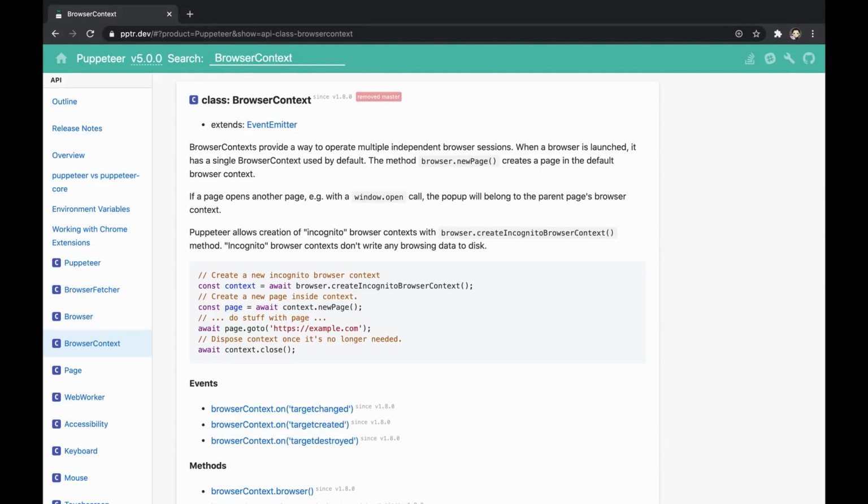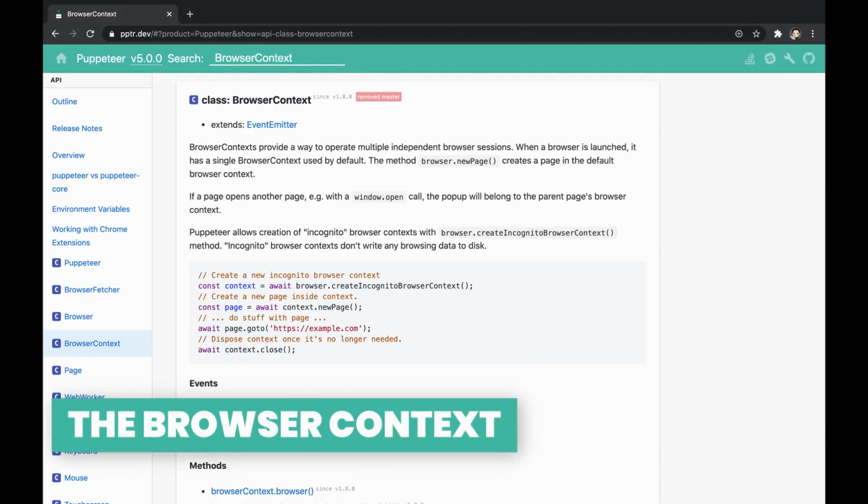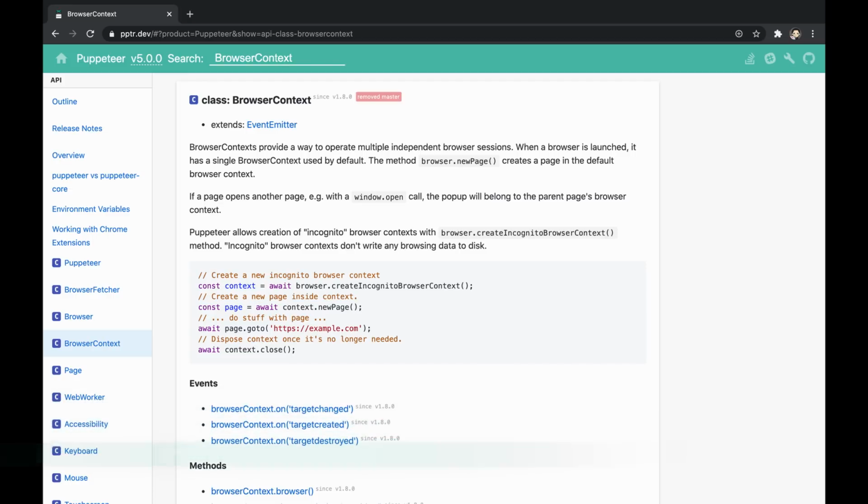Imagine that instead of initializing a browser instance newly each time, which is a pretty expensive operation, we could use the same instance, but separate it into different individual sessions, so that these sessions would belong to some shared browser instance. Well, it's actually possible, and these sessions are known as browser contexts. The browser context is an API that Puppeteer exposes, just right to allow operating multiple independent browser sessions. A default browser context is created as soon as creating the browser instance, but we can create additional browser contexts